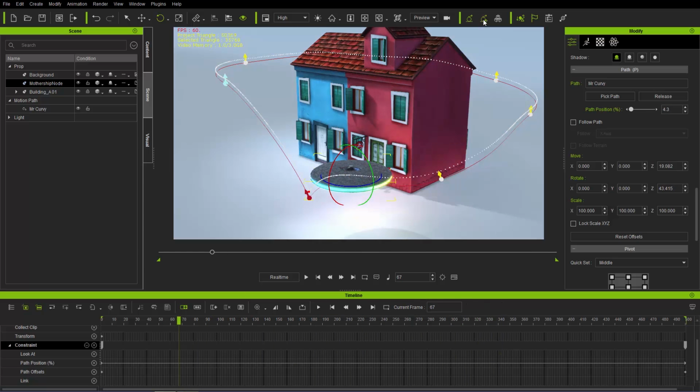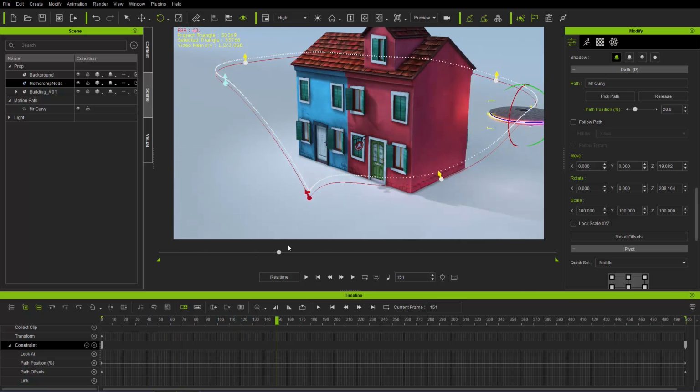If we turn on our viewport GI, we can see the light a little bit better. It's like the police UFO or something like that. Okay, so there we go. We created that nice looking rotation there. We can also change the tilt of the UFO as well. So if we go over here, for example, we can have it tilt a little bit along this way, just like that,